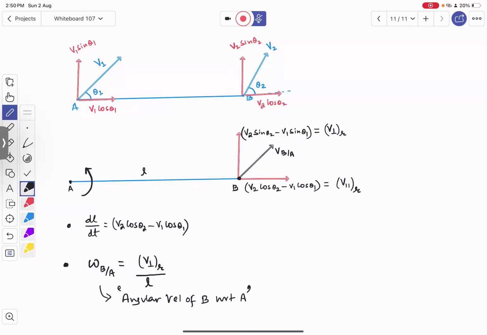Okay, copy this thing, then I will give one simple solved example just to check whether you understood or not. This component is responsible for making B go around. Due to this, B goes around A, and only due to this,